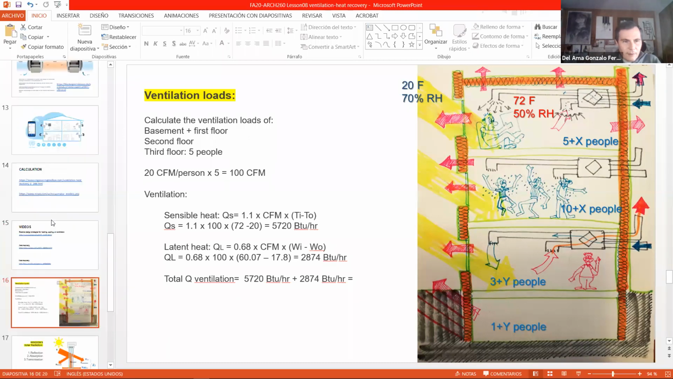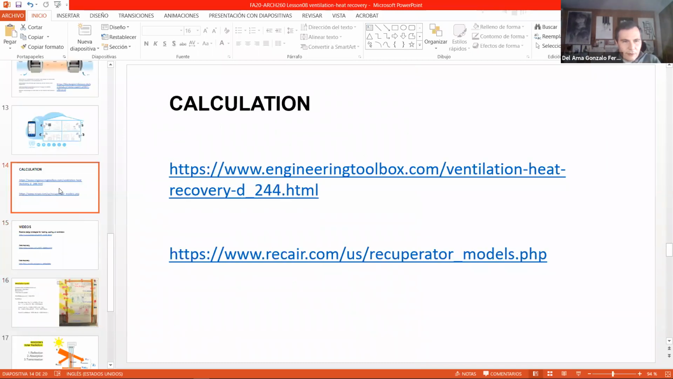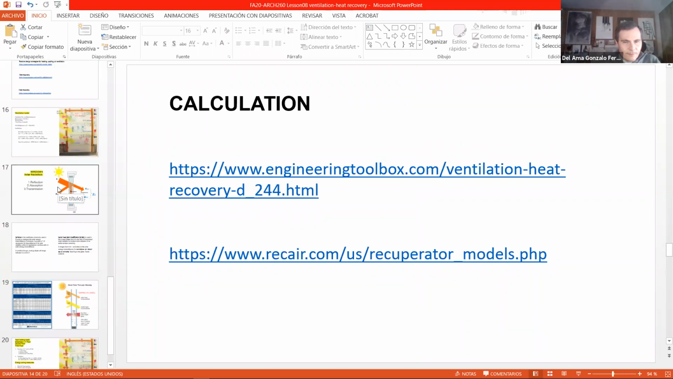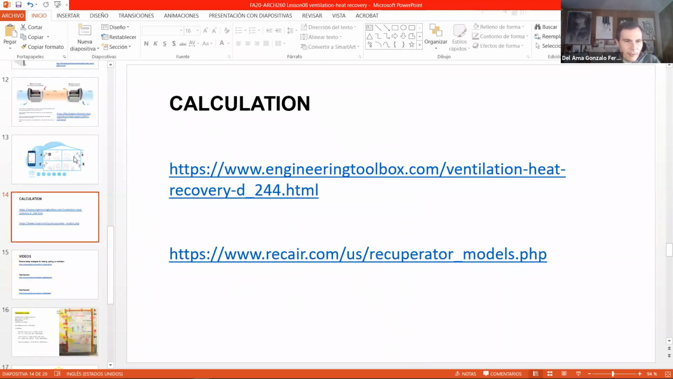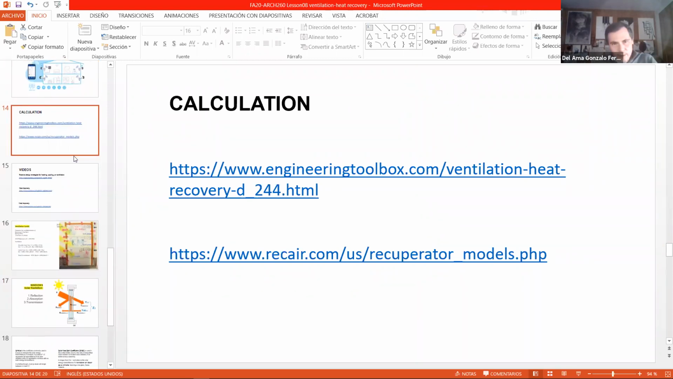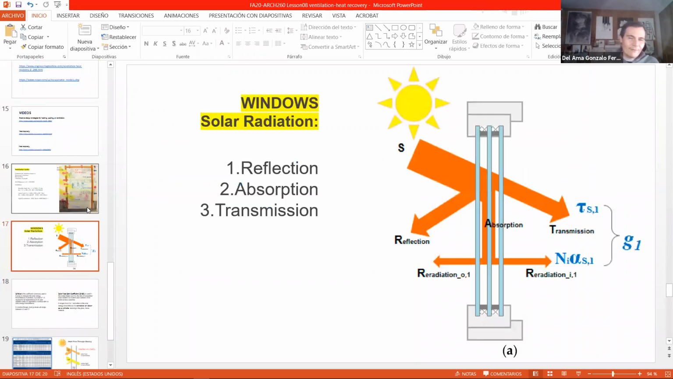Okay, so what can we do now? On Wednesday, I will explain how to calculate heating loads with a heat recovery, or how much energy we can save by using a heat recovery system in our buildings. But that will be on Monday. What do I want to explain today? Okay, so I'm going to introduce this topic,